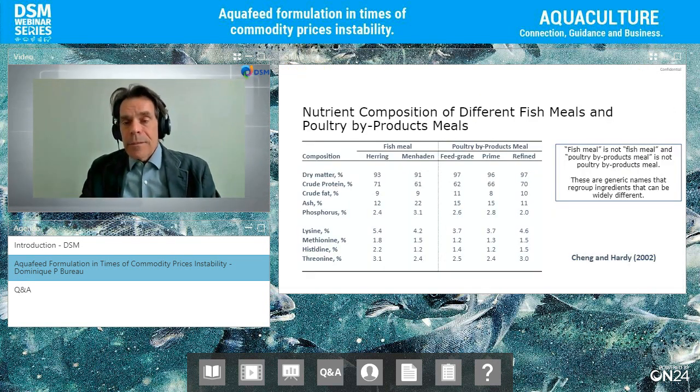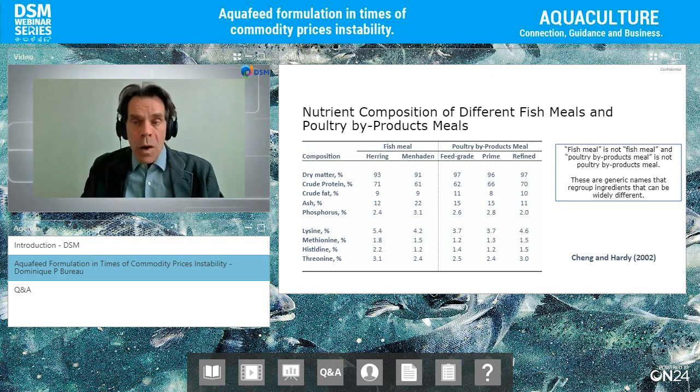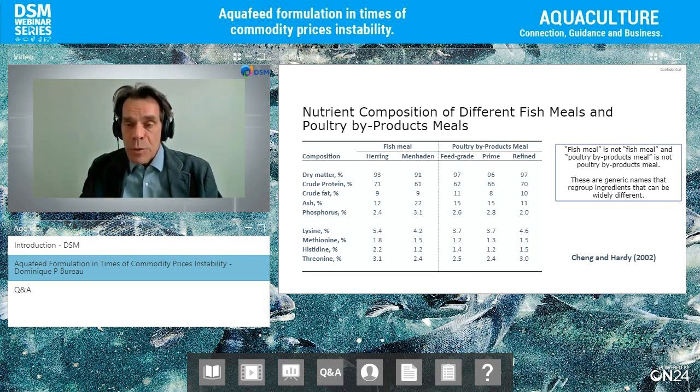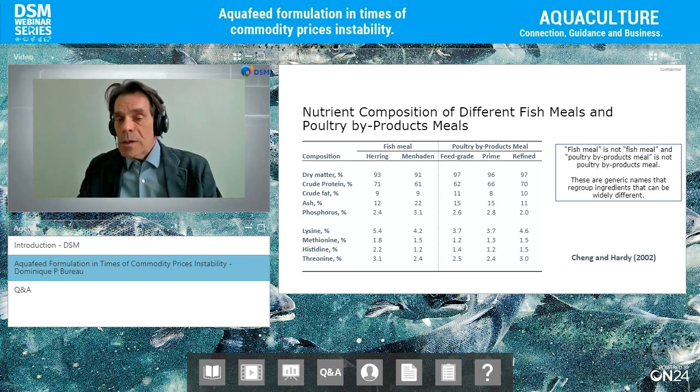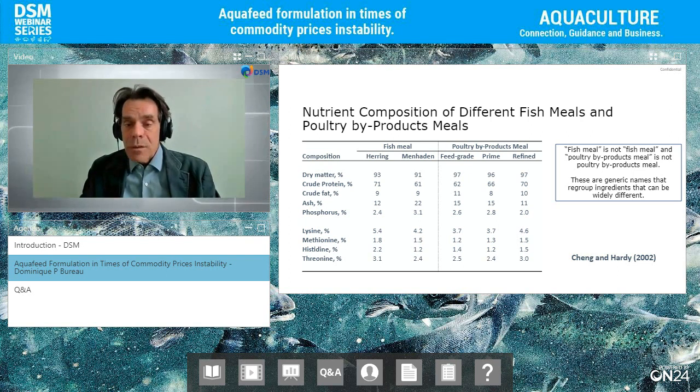In the end, right, you have to understand your ingredients. Like I mentioned, fish meal is not fish meal, poultry byproduct meal is not poultry byproduct meal. Every batch of ingredients is different. Every supplier is different. So you have to understand what you're purchasing. So we have to get away from the mindset of saying, I need 10% fish meal, and instead focus on the specific composition of that fish meal, how many nutrients that fish meal is bringing, how many nutrients that soybean meal is bringing. It's a lot more meaningful than simply looking at percent or feed ingredient driven formulation.